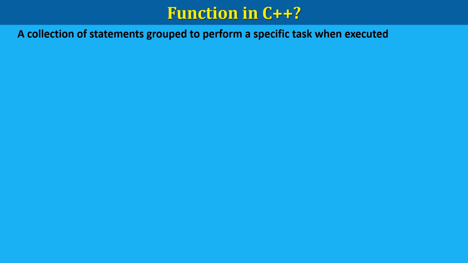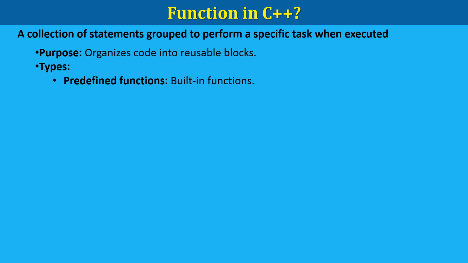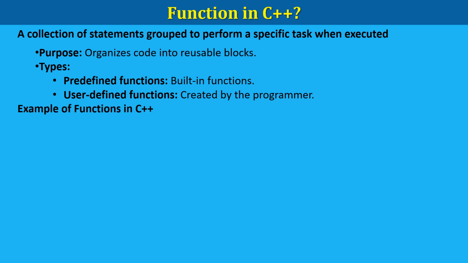Functions in C++. A function in C++ is a collection of statements grouped together to perform a specific task when executed. The purpose of a function is to organize code into reusable blocks and help make code easier to read, maintain and debug. Types: predefined functions, which are built-in functions provided by the C++ library, e.g. cout or square root. User-defined functions, where the function is created by the programmer to perform a specific task. Example of functions in C++: